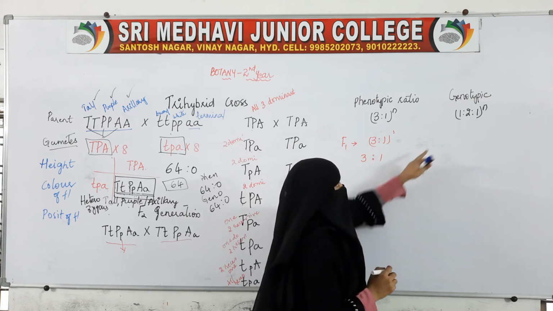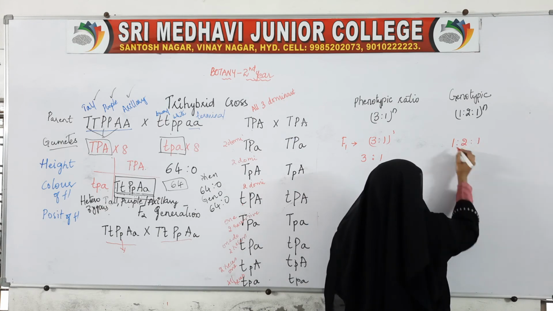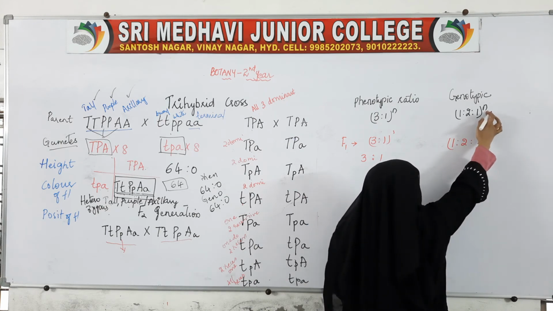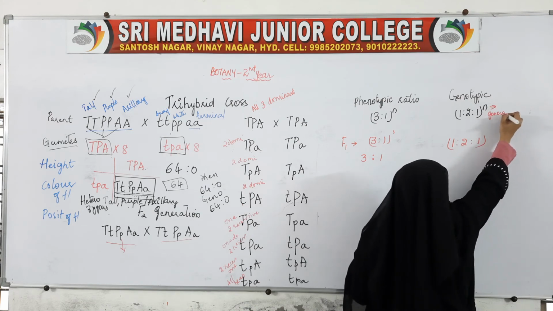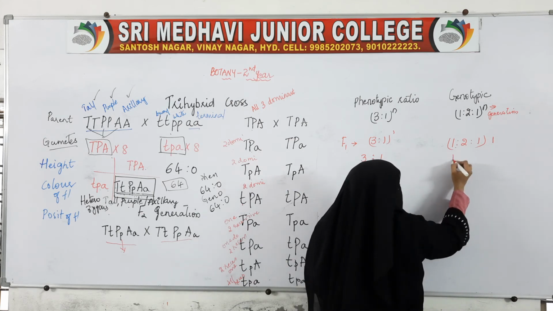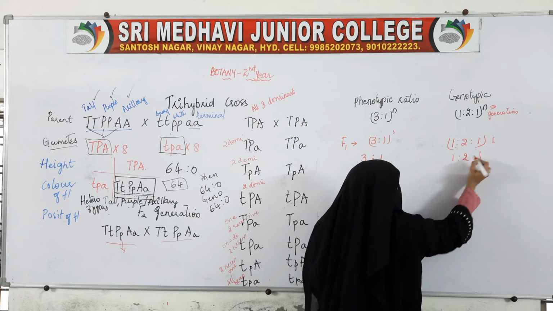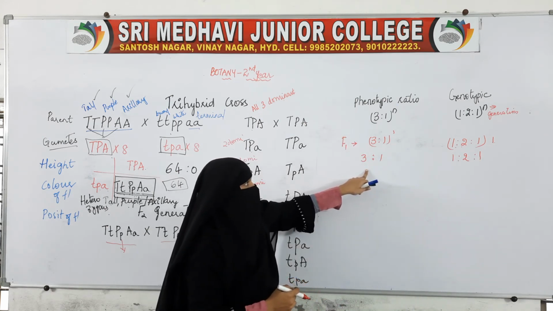So we get 3:1. In the genotypic ratio also, 1:2:1 to the power of which generation it is? First generation. 1 into 1 is 1, 1 into 2 is 2, 1 into 1 is 1. So in the F1 generation, the phenotypic ratio will be